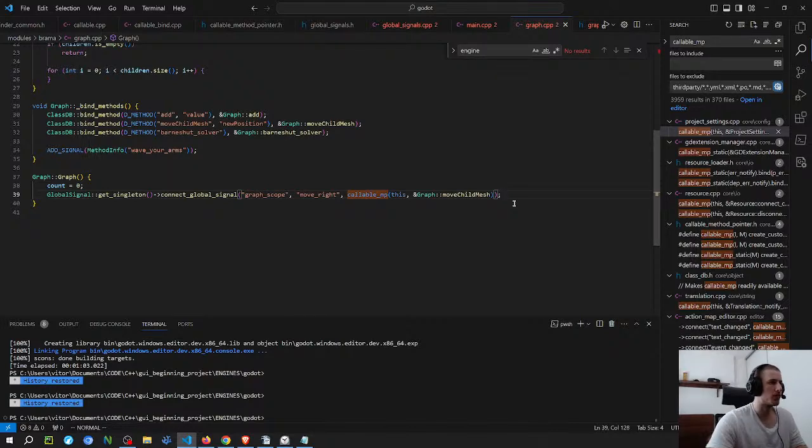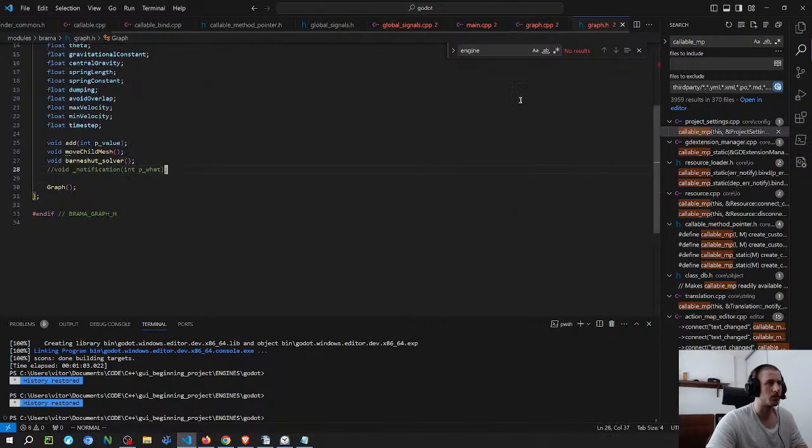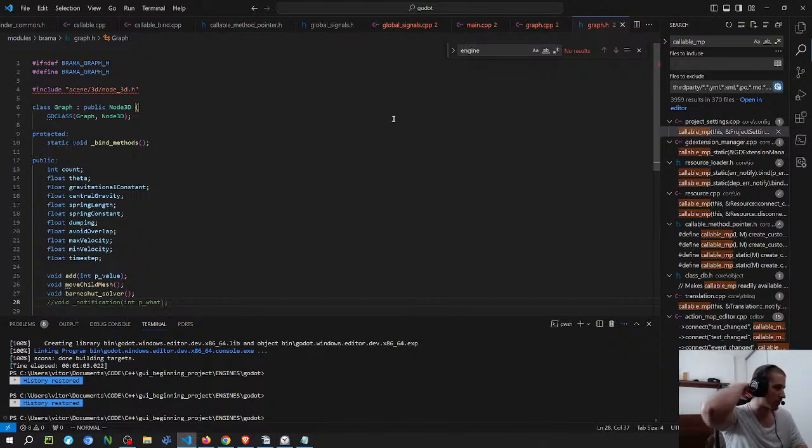So I'm going to test this first, then after I'm going to create the other node, just going to be a button, and then I can see it from the editor. So I have to see if it compiles first. I have to put float.